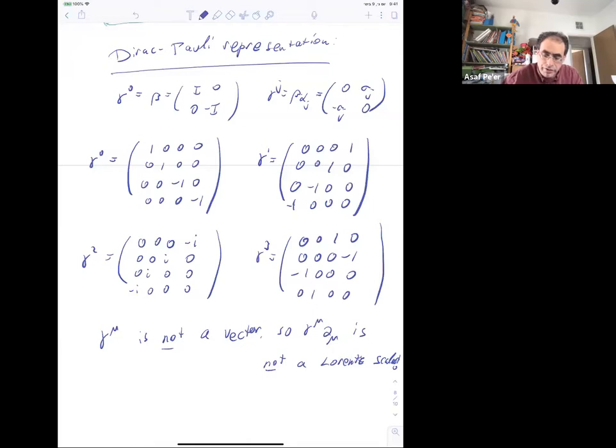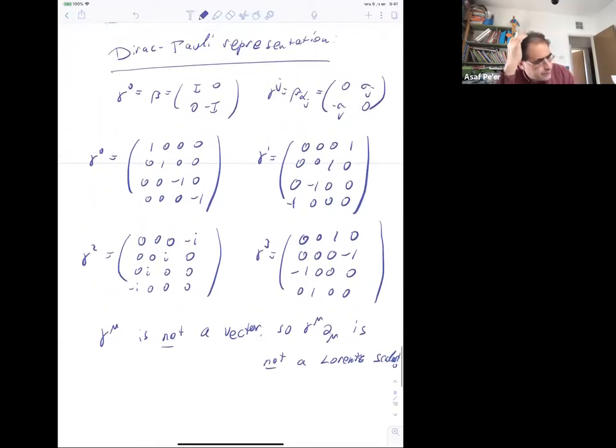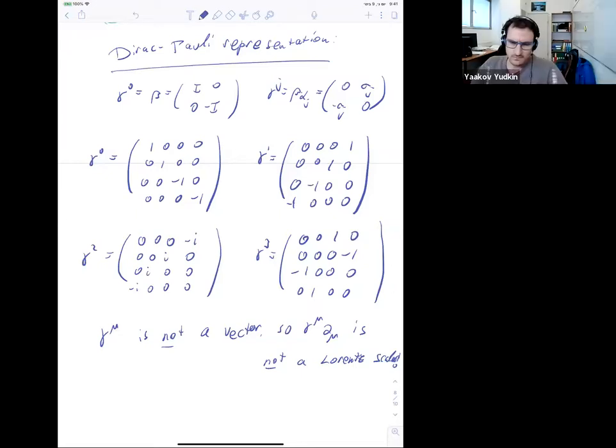Now we do want to show the full covariance of Dirac. Any questions about that, by the way, before I proceed? No, nothing. So